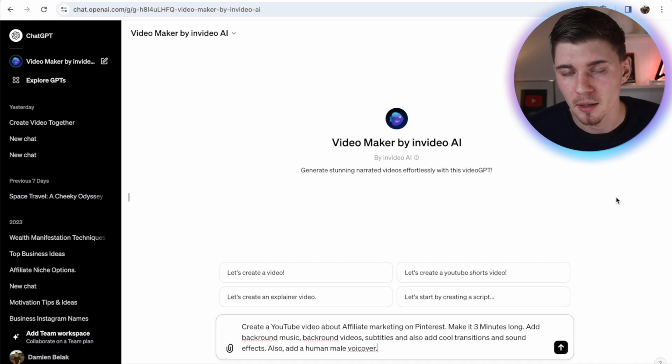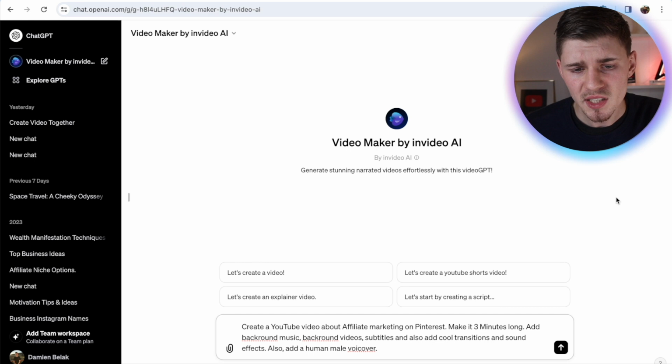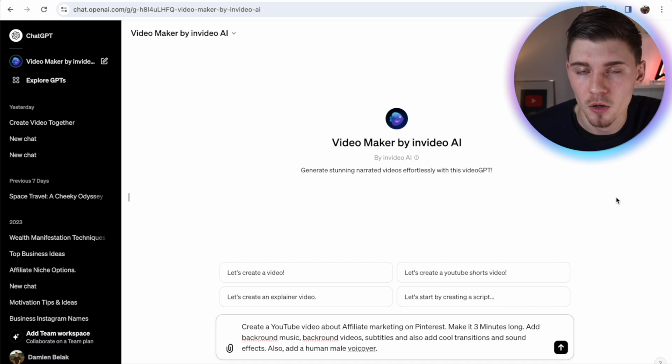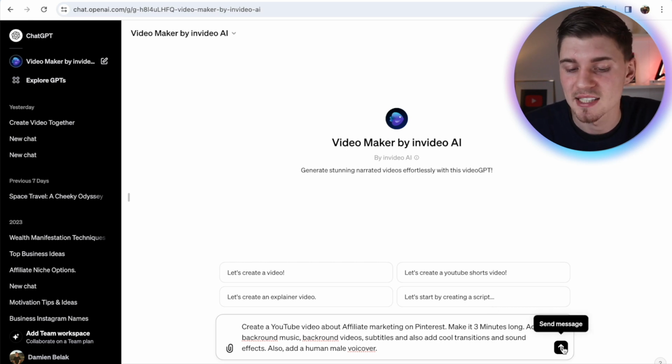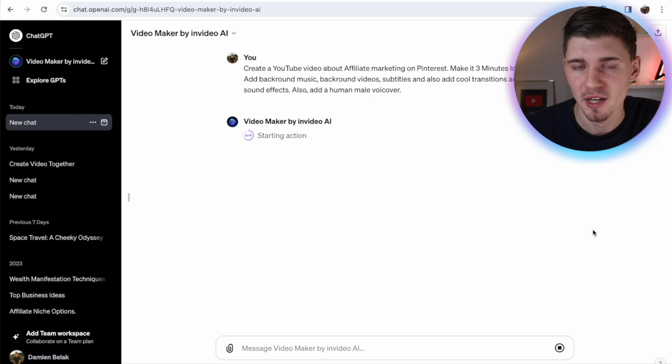Also add a human voiceover. So once again, make sure to make your command as detailed as possible so InVideo AI knows what to do with your command prompt and it's not going to be guessing. Once you're satisfied with your command, make sure to click on send message, and now it's going to start the action and create the video